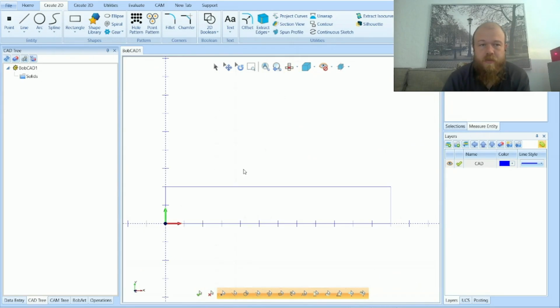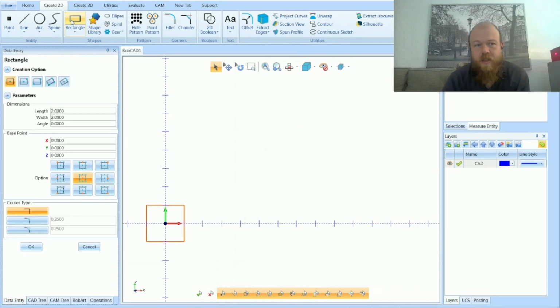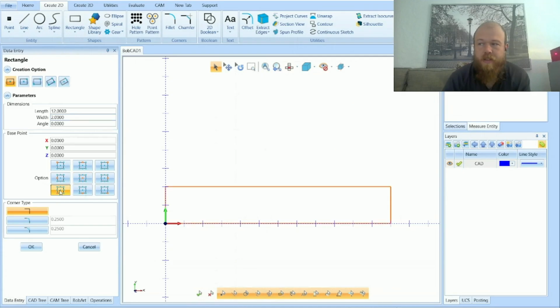So all I did was, I'll hit undo once so that we can start from scratch. I go to create 2D and I go to rectangle. I made this 12 inches in length and 2 inches in width. And to get the bottom left corner at my CAD origin location, I simply click on this option, bottom left right here, this icon, to get the bottom left corner of the rectangle at my CAD origin location,